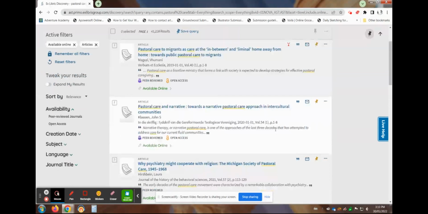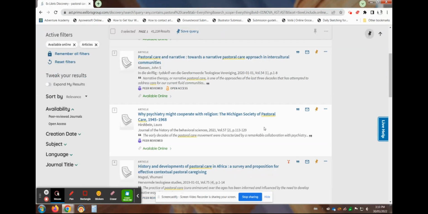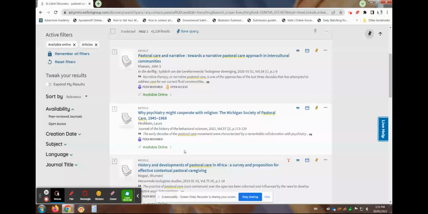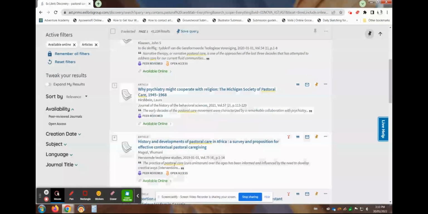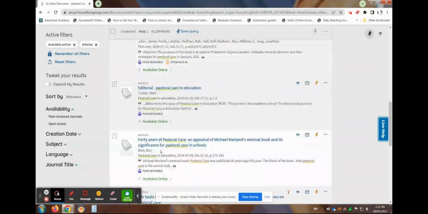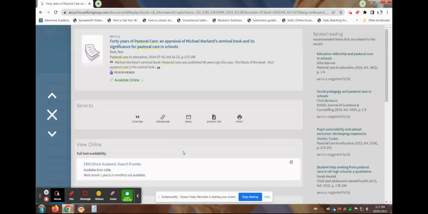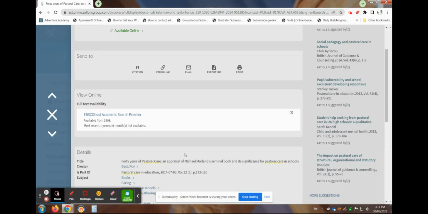All right, you have a lot to sift through. Remember, our search topic was very broad. But for example, let's take a look at one of these articles. So here we go. "40 Years of Pastoral Care." Click on the title of the record. It's one way to get in. You scroll down, see view online, full text availability. It says it's here at something called